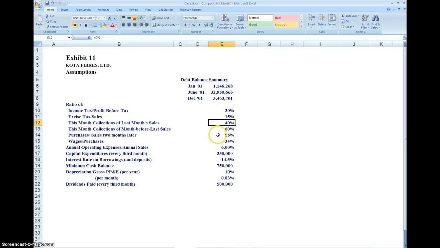Let's say they change their purchasing, or, well, let's say they lowered their wages from 34% to 20%, which they can't because of union problems. Then they would actually be ahead because they would be making a big enough